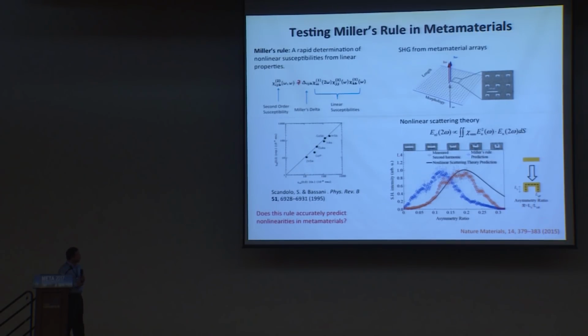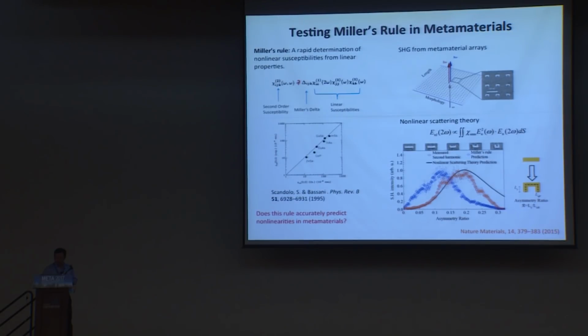In general, when we vary, for example in this case, the metamolecule symmetry, we find these two curves, one experimental, one theoretical, and they do not agree with each other. This is due to microscopic mode overlap in such a structure. In an atomic system, the dipole is so small that it automatically matches very well, but this structure has different modes. You have to care about that, and therefore nonlinear metamaterials have to be derived from nonlinear scattering theory, and this black curve matches the experiment